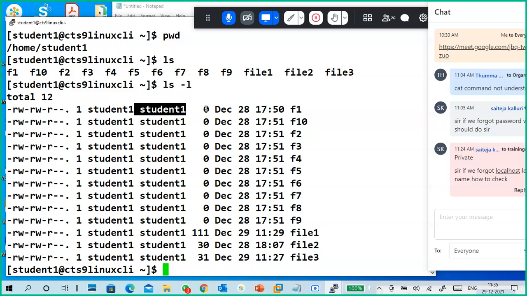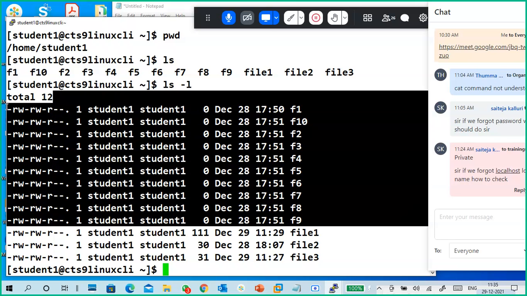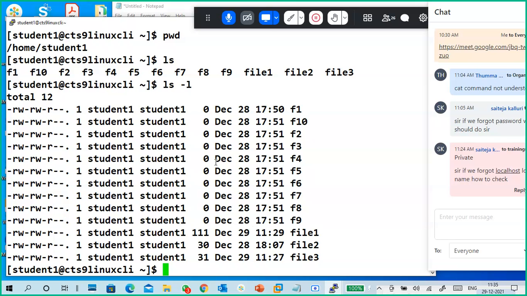This is the size, which depends on the content of the file. F1 to F10 I created using the touch command, so there is no data inside by default, which is why the size is zero. Then the last modification date, and this is the read and write permissions on the files.